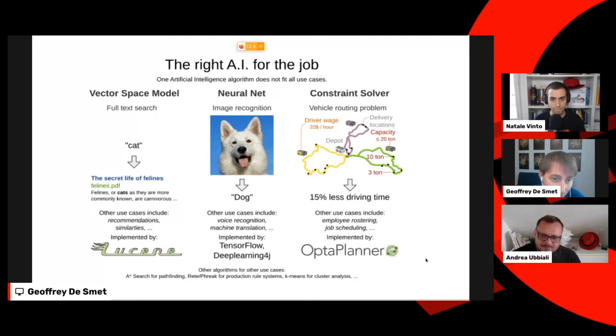And of course, the technologies you can use for these depend, but I'm going to talk specifically about Optaplanner, which is an open source constraint solver, Apache license, sponsored by Red Hat. And I'll also show you, of course, how this works on OpenShift, and I'll show some use cases of this, right?